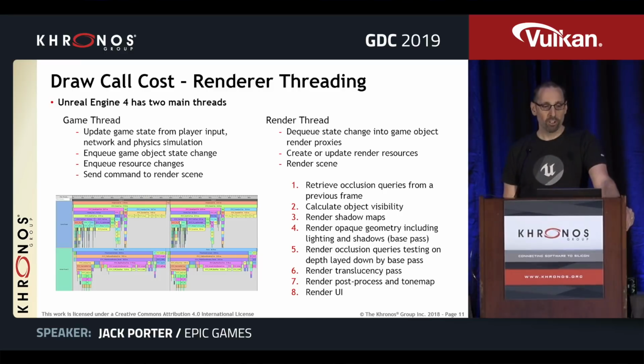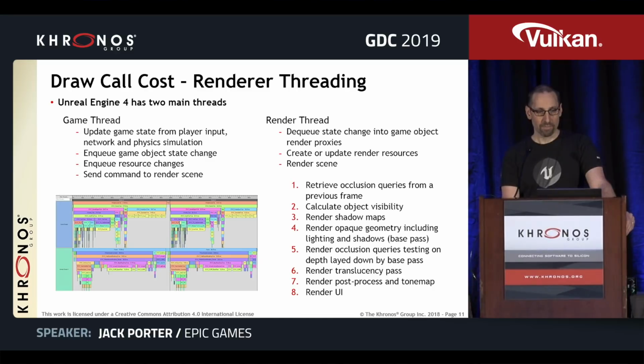So for the draw call, we have two main threads in Unreal Engine. The renderer has been set up so you've got the game thread updating the game state, and then we have a render thread that takes some proxy update information from the game state, and then walks the scene graph and renders the scene